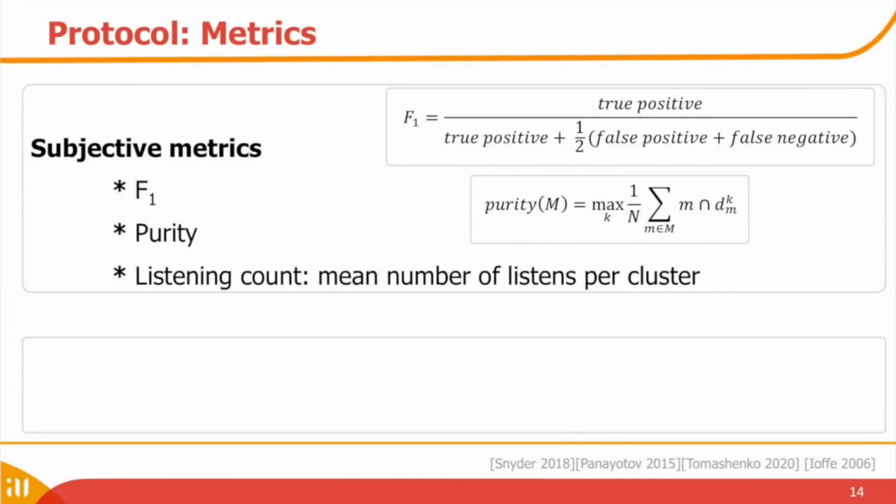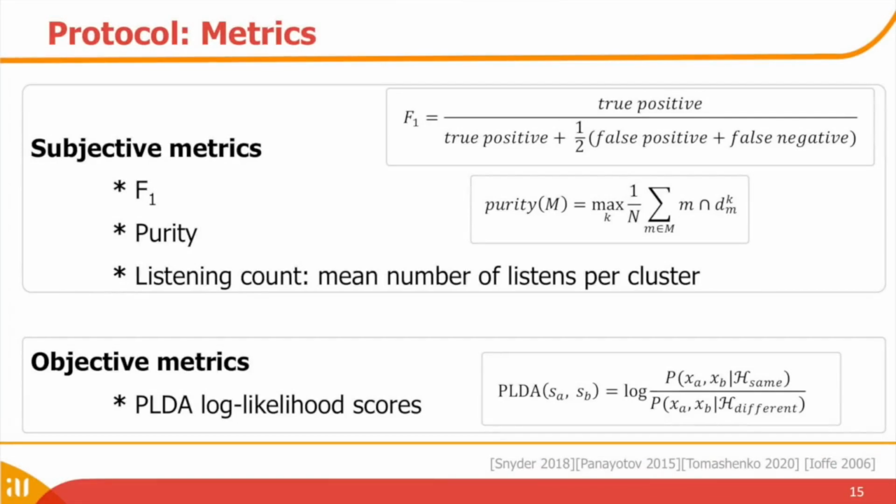As an alternative method, we proposed the cluster purity metric, which identifies a different speaker to each cluster in a trial, as defined in the slide. Unlike F1, purity focuses only on maximizing the total number of true positive responses per cluster. Purity values range from 0 to 1, with 1 being perfect clustering. In addition to these metrics, we evaluated the mean speech recording listens per cluster, or listening count, as a way of assessing whether other performance factors were affected by the presence of anonymized speech.